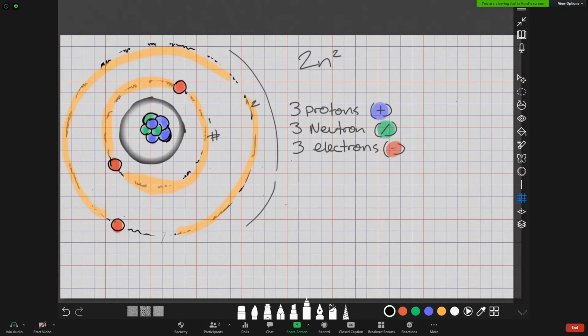But there's something unique about the highest occupied shell of an atom. We have a particular name for this. We call it the valence shell. The valence shell is the highest occupied orbit of an atom by electrons. In this given example, because we have 3 electrons in our lithium atom, this shell, shell number 2, would be our valence shell.